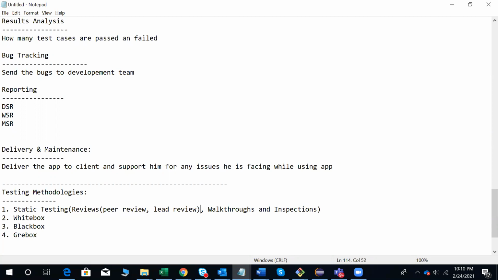The moderator's job is to note down each and everything that we are discussing. That is the job of a moderator in the walkthroughs. The last one is inspection. This talks about